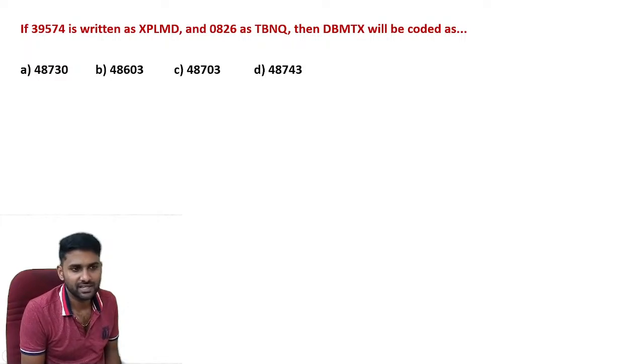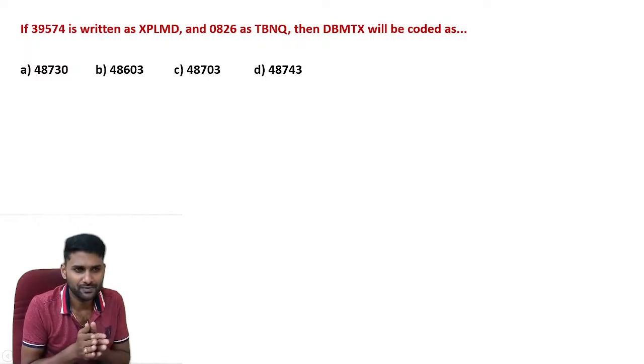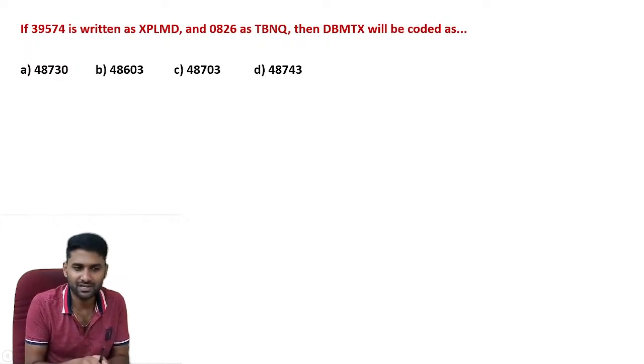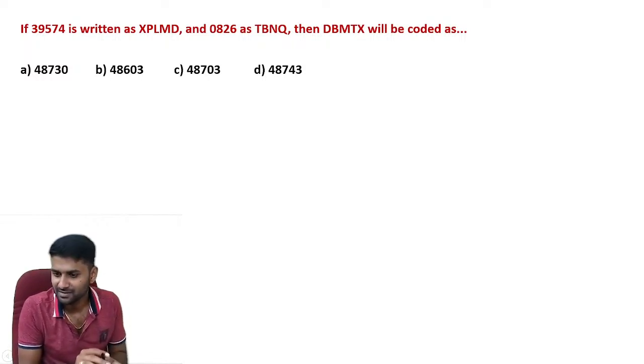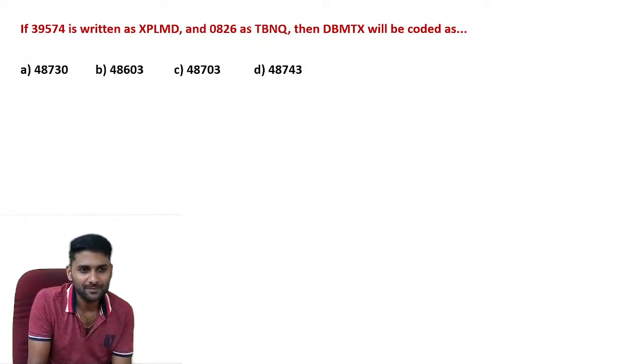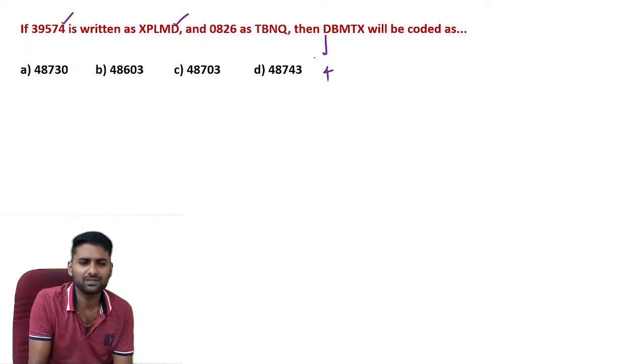Now here the question: 39574 is written as XPLMT, and 0826 is represented as TBNQ. If you observe both words, you can't see any repetition, guys. If there is no repetition, you can take directly based on position. So if you go through the options here, see D. D can be taken directly as a 4. Guys, if there is no proper comparison, no proper logic here, you can pick the direct